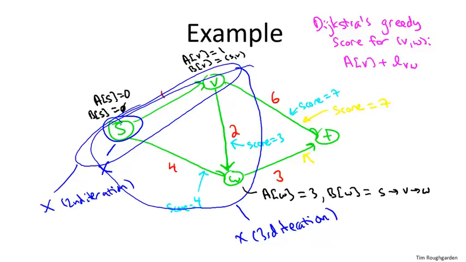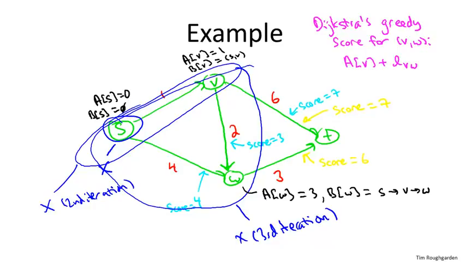So this is still going to be the A value of its tail, 1, plus the length of the arc, 6. So the score here is still 7. And now, for the first time, W comma T is a crossing edge of the frontier. And when we compute its score, it's the A value of its tail W, which is 3, plus the length of this arc, which is 3, so we get a greedy score of 6. So by Dijkstra's greedy criterion, we pick the edge WT instead of the edge VT,